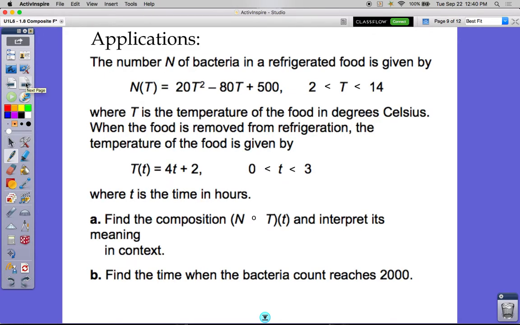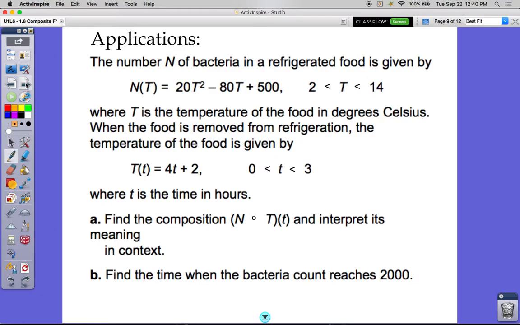So let's take a look at this situation that does restrict a domain of f and g of x, but this time we're not really dealing with f of x, g of x, but it's an application that talks about the number of bacteria in refrigerated food. The number of bacteria is given by an equation. Let's just say, and I guess this is theoretical, it's not an exact equation, of course,